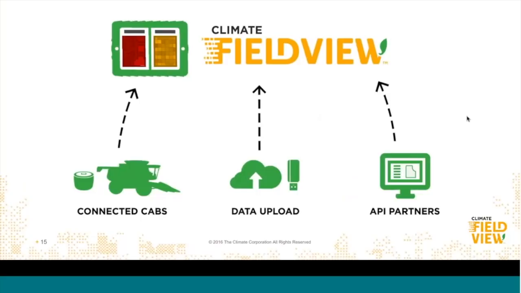I'm going to touch briefly on this. We can get data in the system in a number of different ways. If you use My John Deere, your data will flow through into the Climate FieldView platform automatically and be waiting for you there to analyze the minute you pull out of the field, without doing anything different than what you normally do. If you don't use My John Deere, we have something called Climate FieldView Drive, which is a little